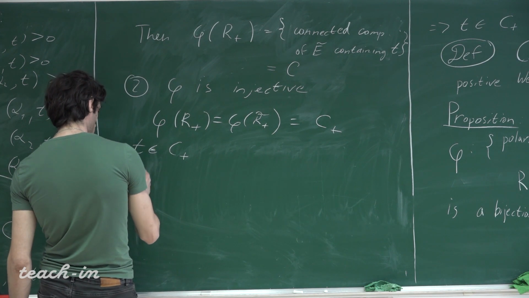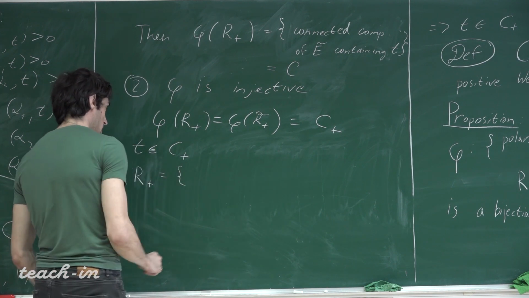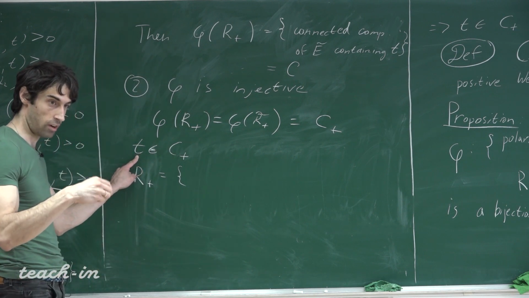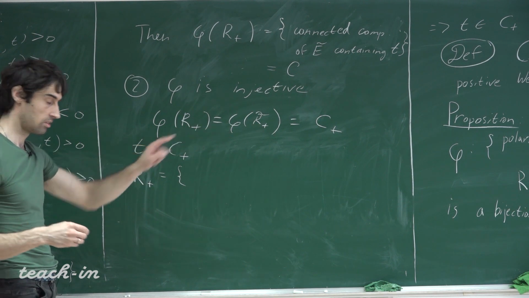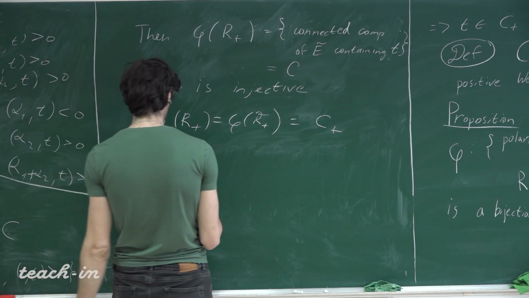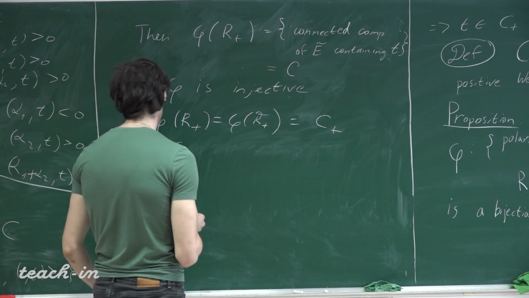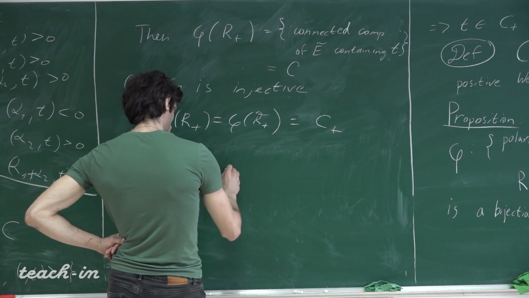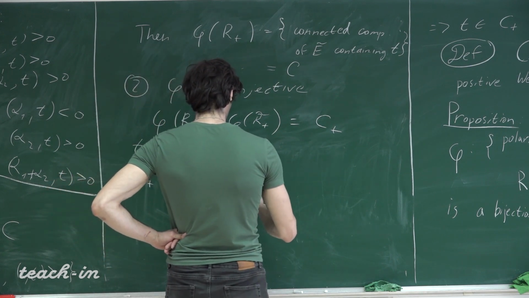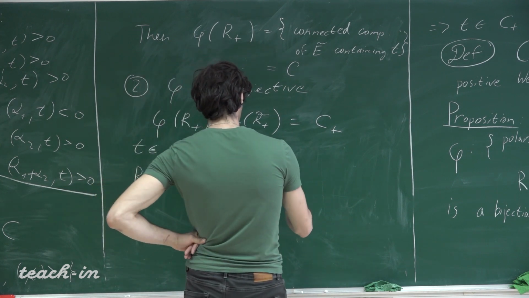Then this t is a defining element for R plus and for R plus tilde, both. For example, R plus is written like this. It's alpha in R such that alpha t